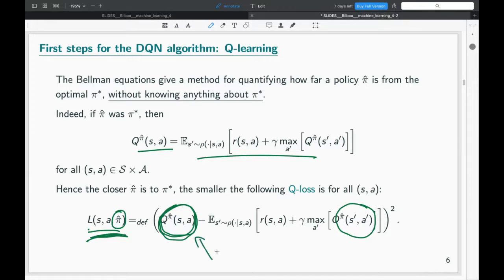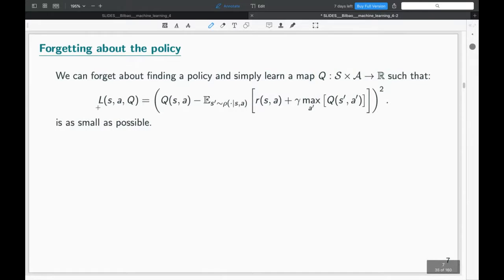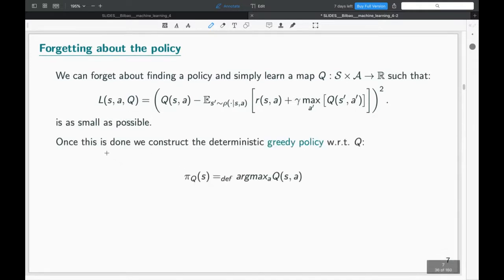We are just looking for values. We don't care about policies anymore. We just need to find these Q's. So now we can forget about actually finding a policy, but now we just want to learn a map Q from state action pairs to R, such that these L's, these errors, are as small as possible. If we manage to do that,